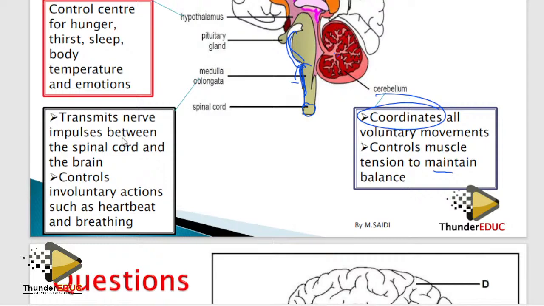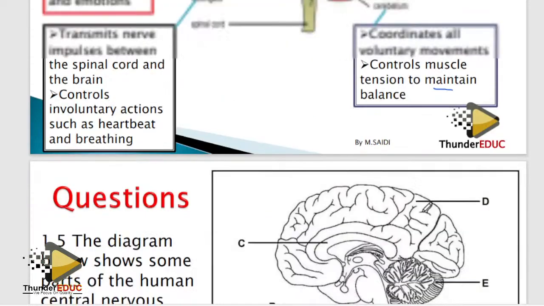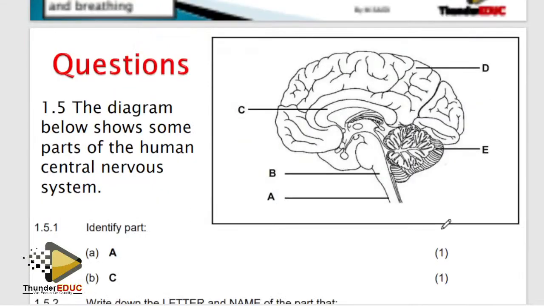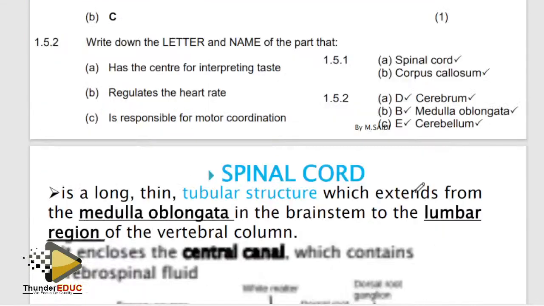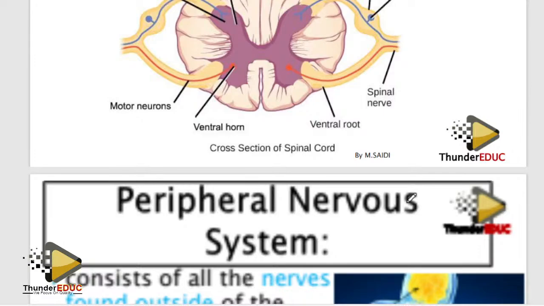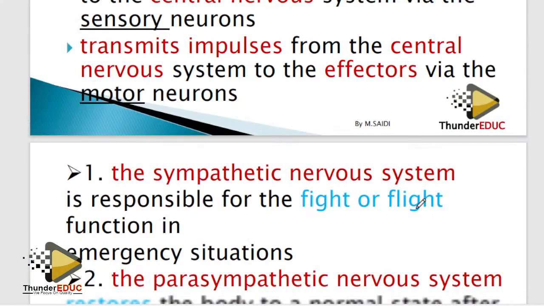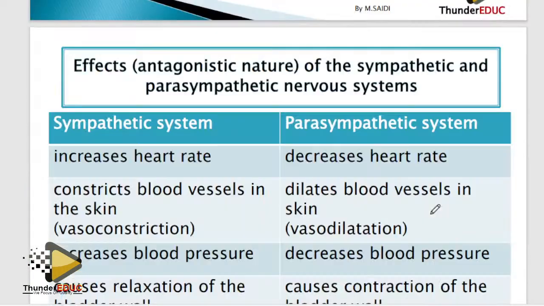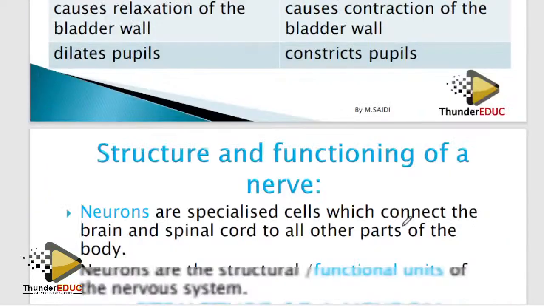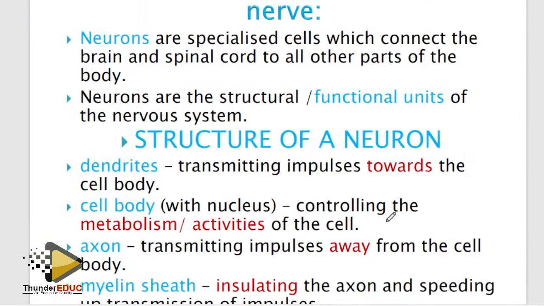Here we are talking about breathing, heartbeat. However much you say that someone is controlling your heart, not in science. Maybe that is in that other world. Anyway, please make sure that you know how to label the brain and these functions we have talked about. So the brain is done. Spinal cord. Sympathetic and parasympathetic, at least you know how, including it with adrenaline. So let's go to the neuron.